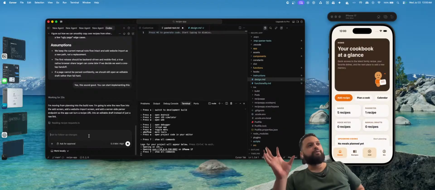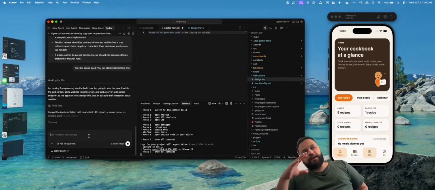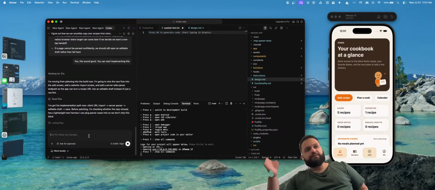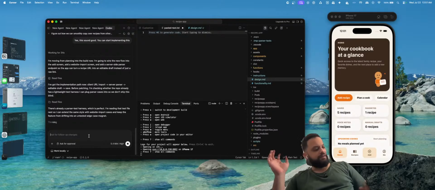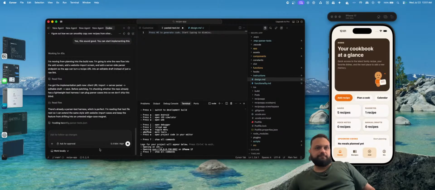I just love how you tell AI to first come up with a plan, and once it has a decent plan which sounds right, you just tell it to execute, and then it just starts implementing everything. It's just the beauty of AI. Okay, so while these two are working,